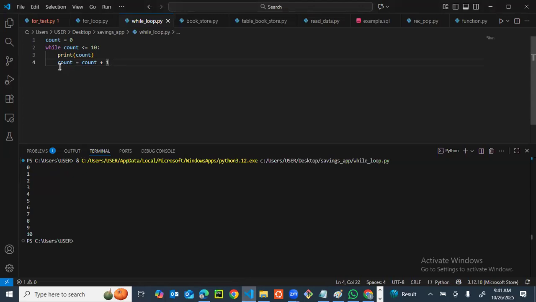Now, why do we need to also use the increments? We also need increments because if we leave out increments, we would have what we know as